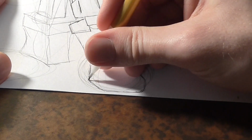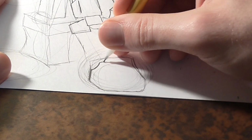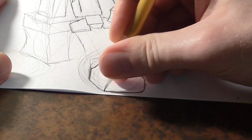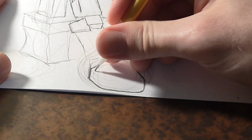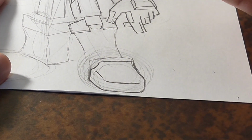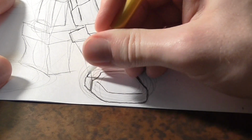And then what you're going to want to do is draw a line going up here, kind of curve it in, and then go around like that. I'll curve down, kind of go into this shape here. And all you want is a curve line that goes down and then across like that. So there's the foot. And then you're going to get like kind of the back of the shoe here,